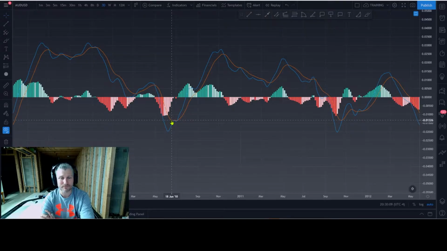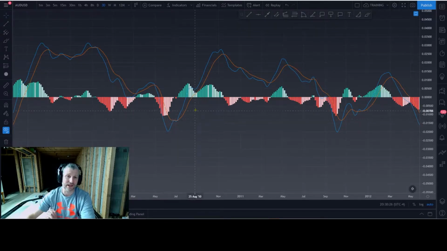What time frame are you using in this selection right here? I'm just in the 3-day at the moment. This is just showing you an example. I'll break it down, and I'll show you some other cool info on what time frames to use and how to use it. Basically, I'm just showing you the MACD here, and